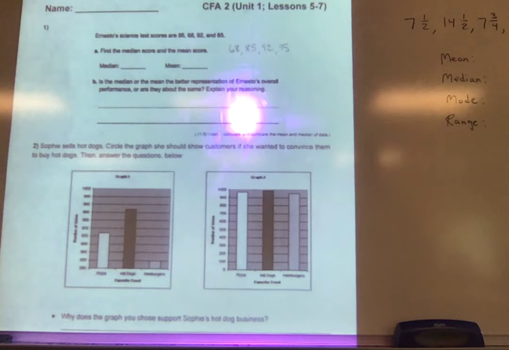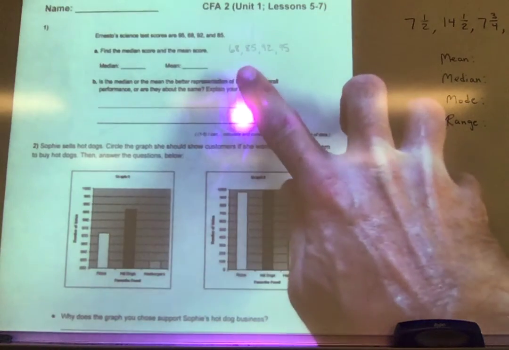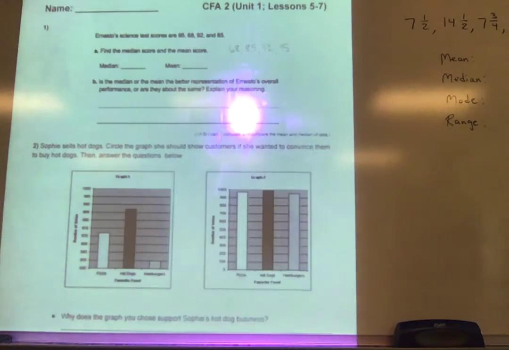Okay, number 1 talks about Ernesto's science scores. He scored a 95, a 68, a 92, and an 85. Our job is to find the median score and the mean score. We know the median is the one in the middle, and the mean is the average. I've already listed them over here from least to greatest, so make sure you guys do the same